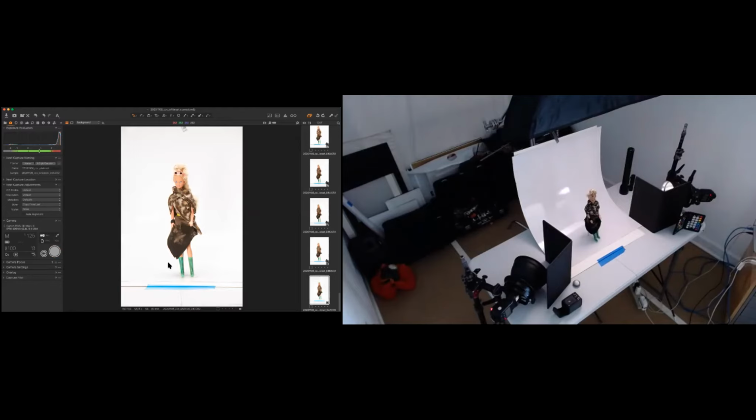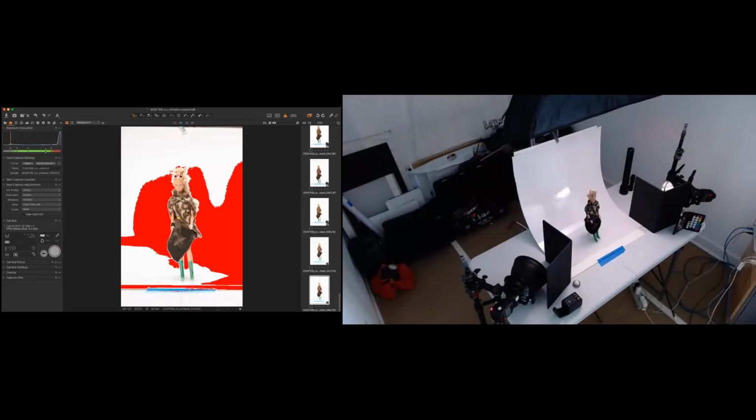Something did not fire. You can see now that I'm getting considerably more here on the front of this.